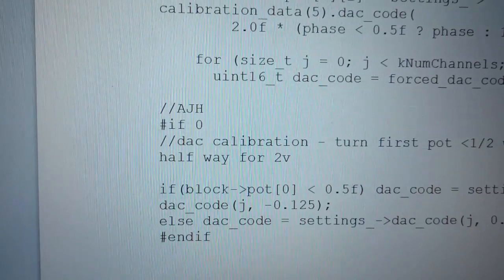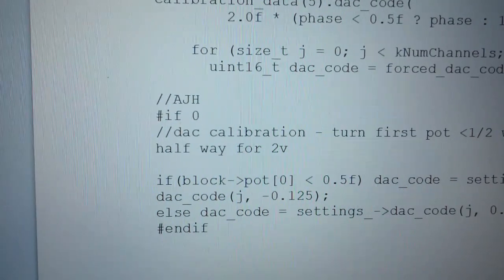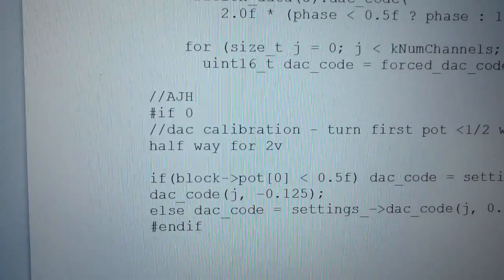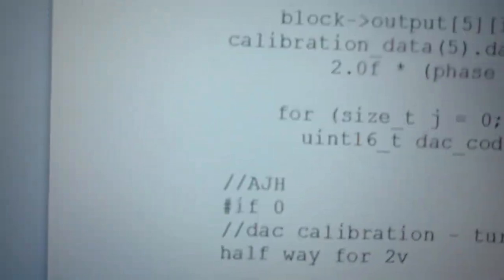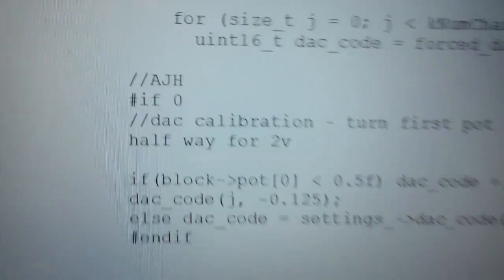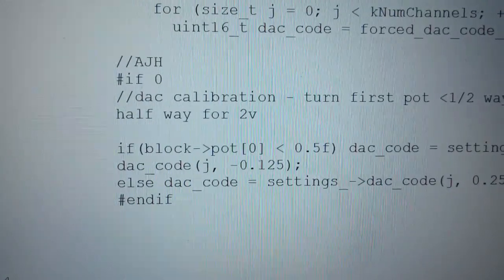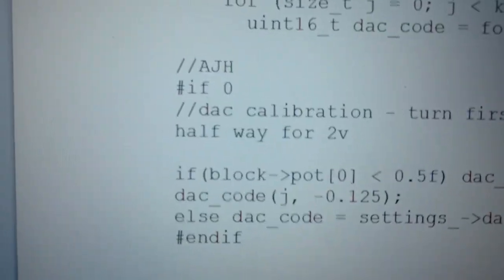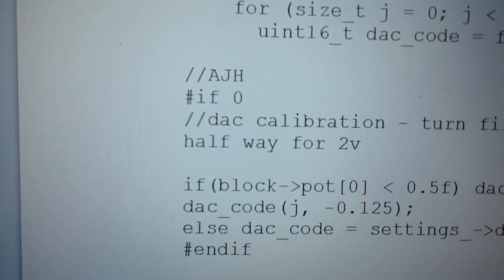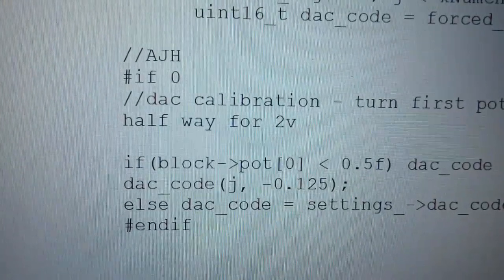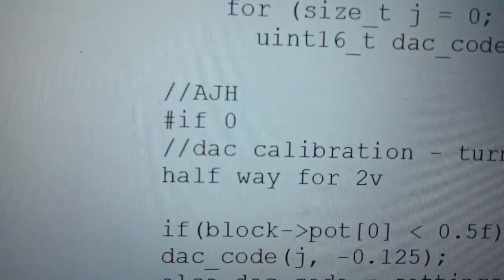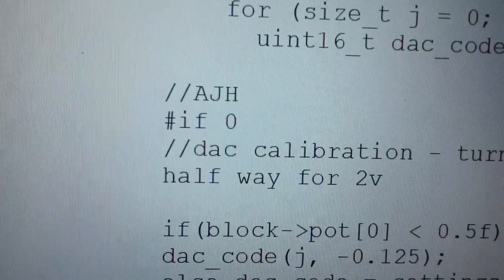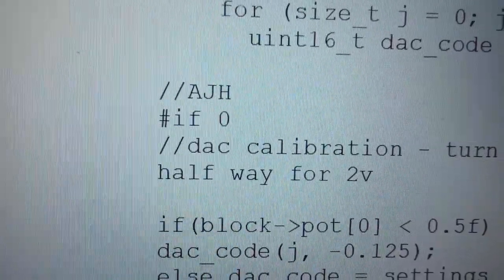So here I am in factory test code, and the author of this has put his initials there. He's put these statements in. So if we see that hash if 0, DAC calibration, what we need to do is change that if 0 to if 1, and then reflash the controller